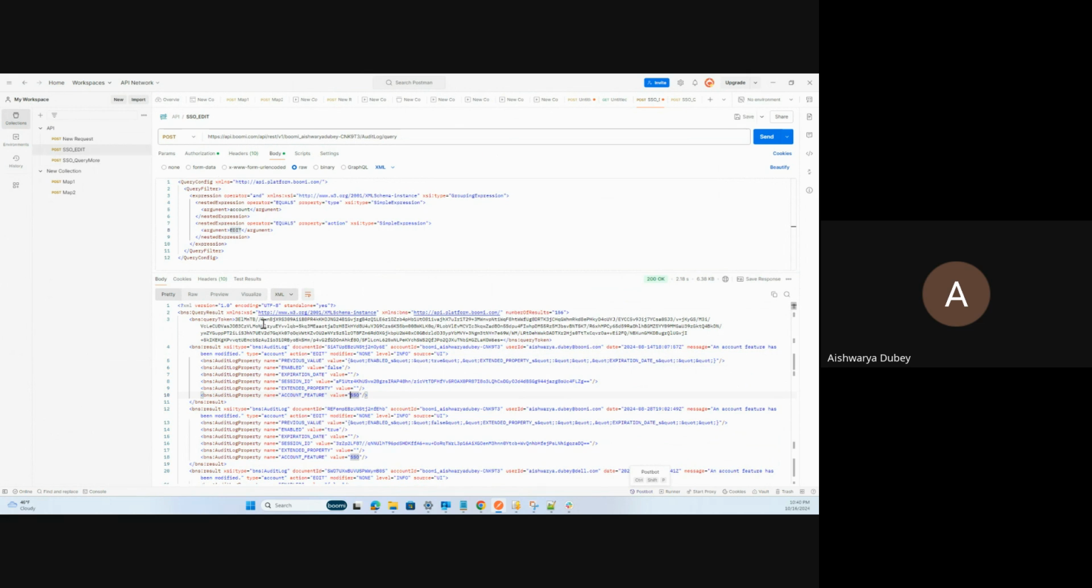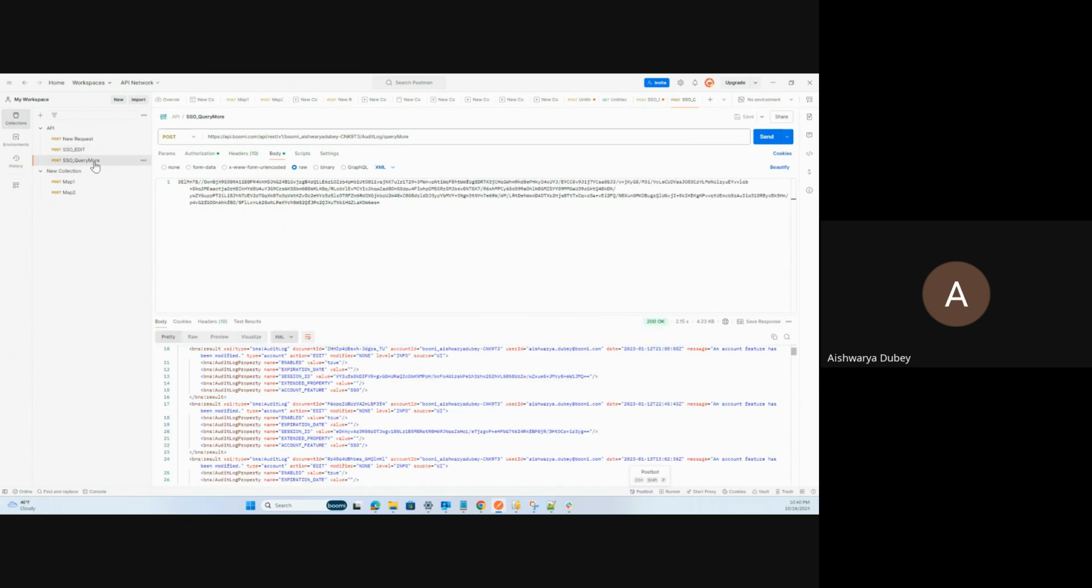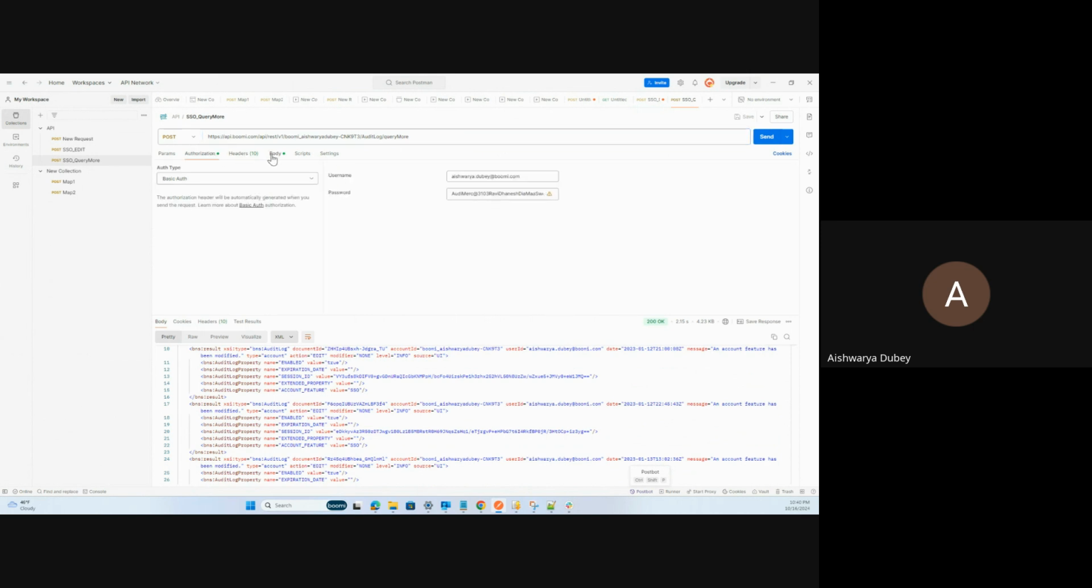So I've now copied the query token right here, and I've pasted it to get the next 56 records. I went ahead and pasted this in the request body for the next one. The only change that I'm making right now is, instead of query, I'm using query more in the URL, and it's the same with HTTP POST, the authorization,